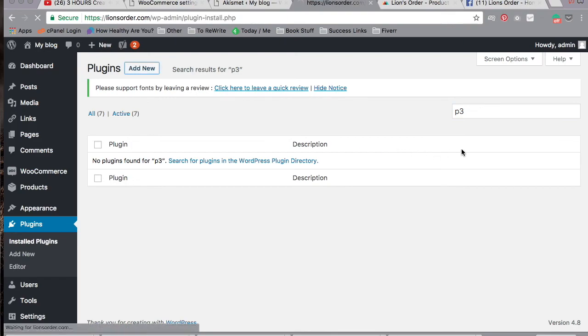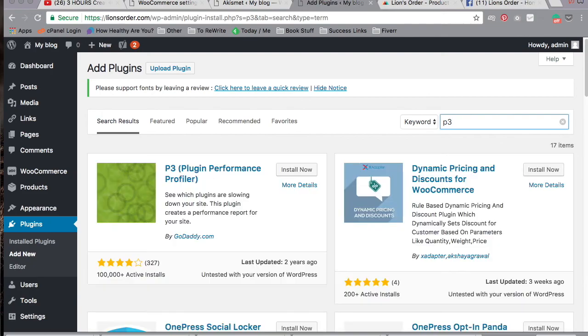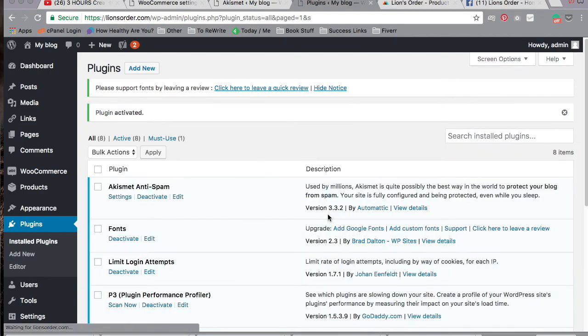Help if you click Add New. And basically this is put out by GoDaddy, and it's a really good plugin performance profiler. It allows you to look in the back end and see if there's specific... I'm going to go ahead and activate it so I can show you how it works. But it'll basically let you know if there's a specific plugin that is extremely slowing